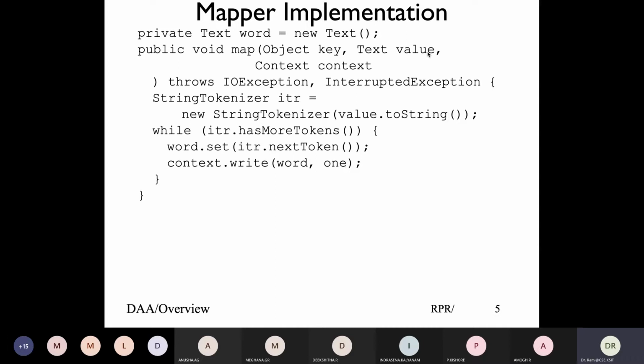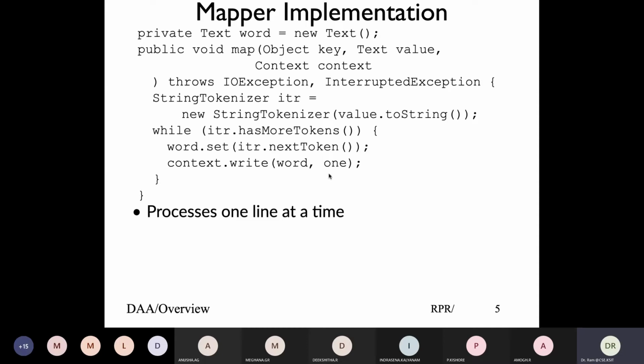All we need to do is, when we get the line as text, split the line into each word and output each word with a count value of 1. So we get the value and tokenize the line, which separates on spaces, all the words. If there's a word called engineering and a word called engineering dot, or a word called KSIT and a word called KSIT dot or comma, there will be two different words. So you use a string tokenizer class, an iterator, and for each word you get, you write the word value and the one, and that is precisely the job of the mapper.